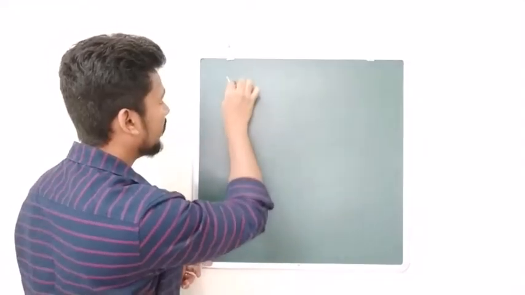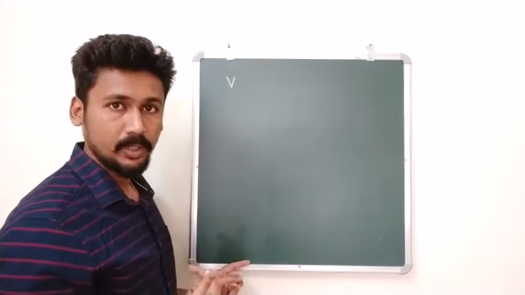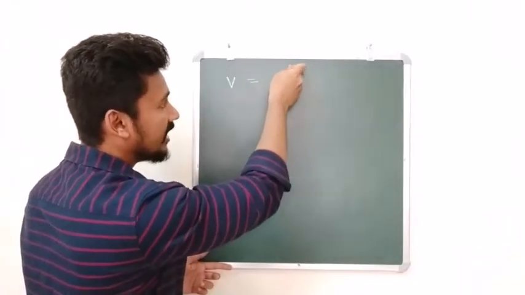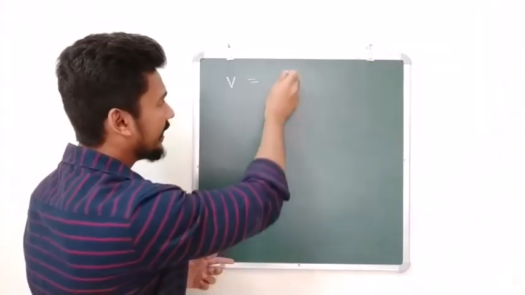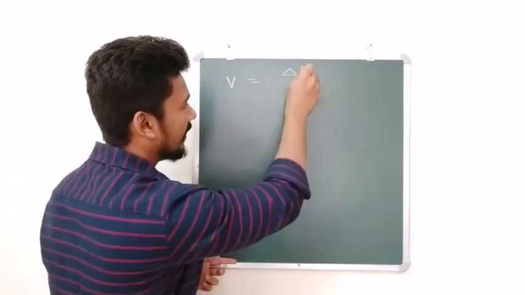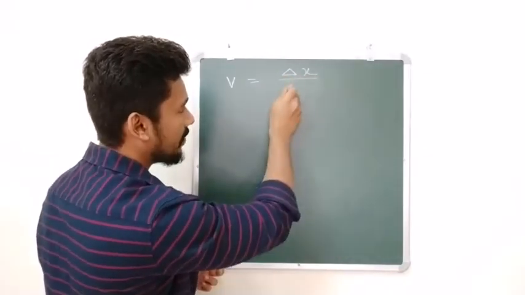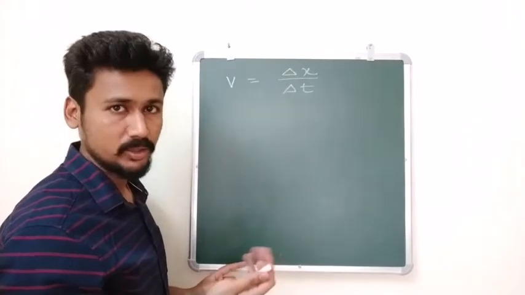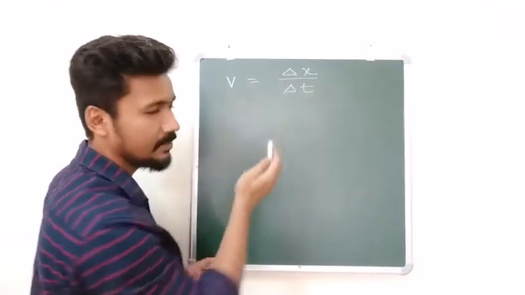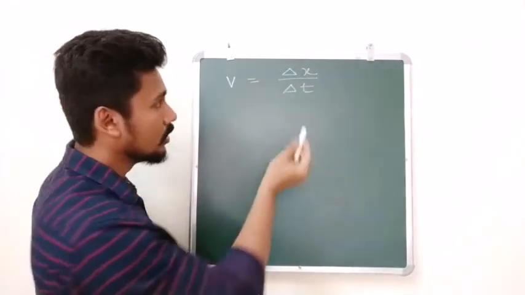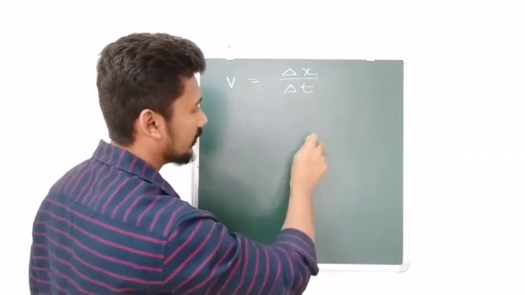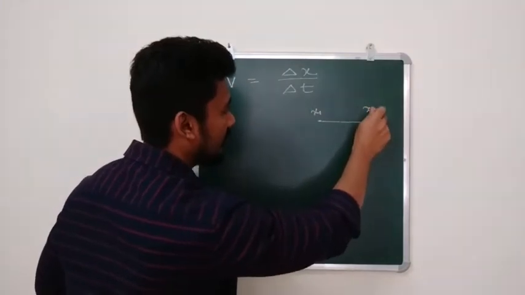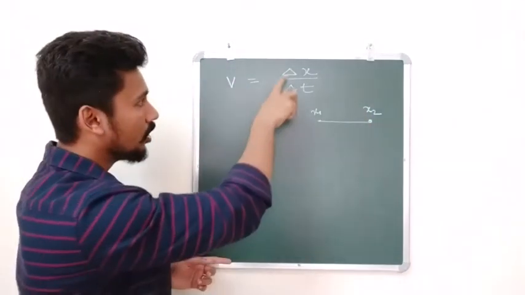So we know we define velocity as displacement upon time. Okay. So if I write the velocity is equal to change in displacement upon time, I can write the change in displacement as delta x, and change in time I can write as delta t. Now I am sure you have seen this in mathematics also. When we put the small triangle, that means change. Correct. So let us say the object is going between 2 points. The initial position is x1, final position is x2. So what will be delta x?